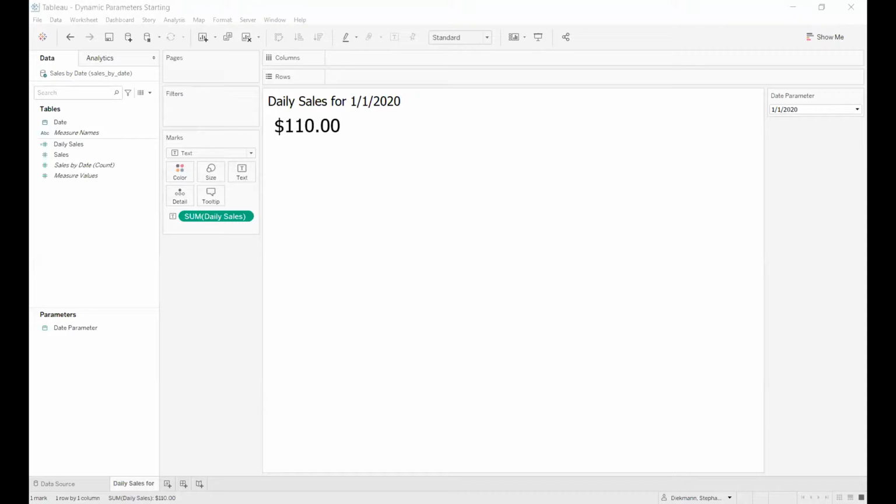The first thing in Tableau 2020.1 that I'm going to show is dynamic parameters. Everybody kind of knows parameters. You can set a parameter to make your workbooks and dashboards more interactive. But what a dynamic parameter does is it will update the values in your parameter every time your workbook is